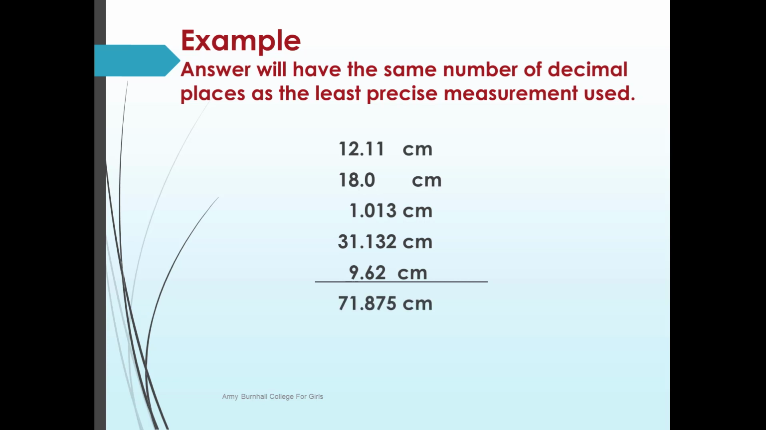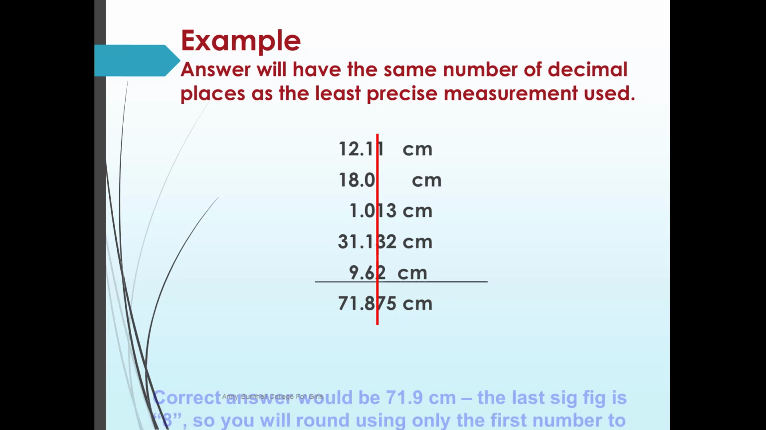Okay, we will get this answer, and then we will check which quantity has the least number of decimal places. After that, we will draw a line. You can see over here 18.0 has the least number of decimal places, so we will draw a line after that. It means that the answer will be rounded off to one decimal place, 71.8, but over here